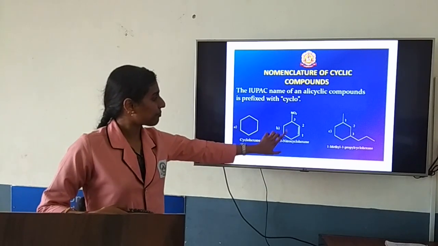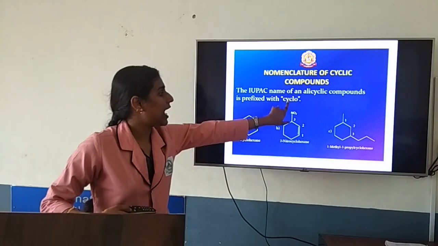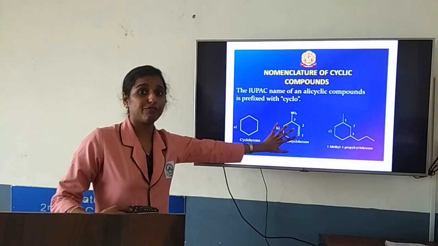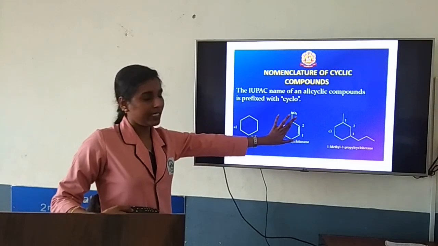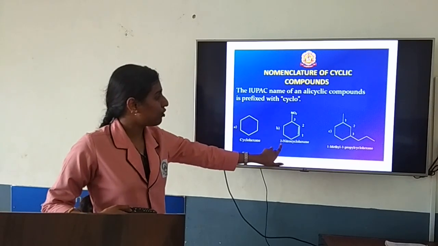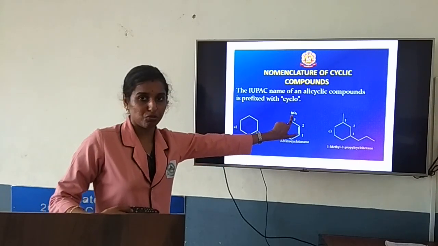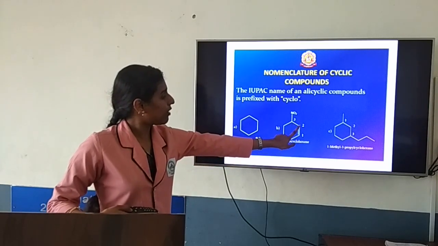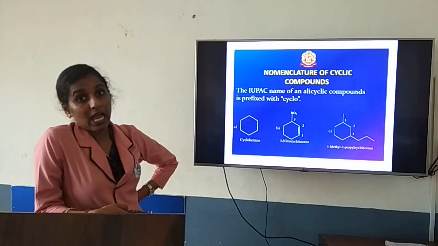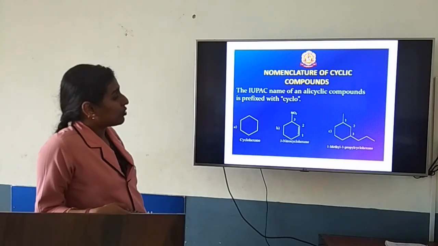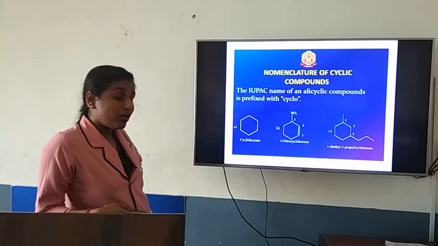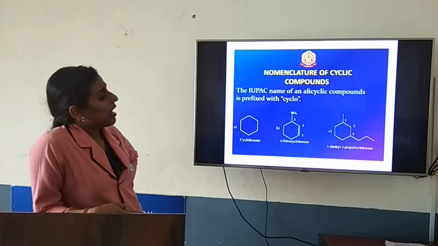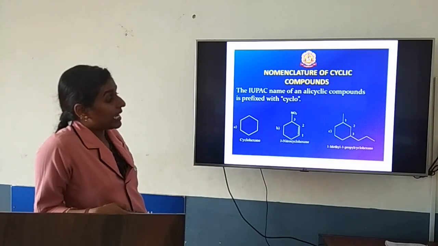One more example we will see. Here it is having a double bond and it is having a nitro group. So from this side you start, as the double bond is present. Here 1, 2, 3 numbering is given based on the carbon. The third position has a nitro group, so 3-nitro cyclo hex. Count the number of carbons: 1, 2, 3, 4, 5, 6, 6 carbons, and it is having a double bond. So you can give hex-1-ene, or hexene also you can give. The last one is 1-methyl-3-propyl cyclohexane.